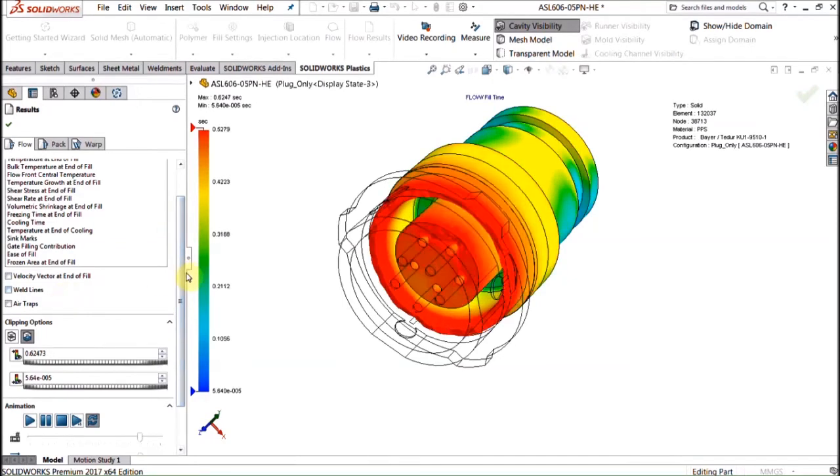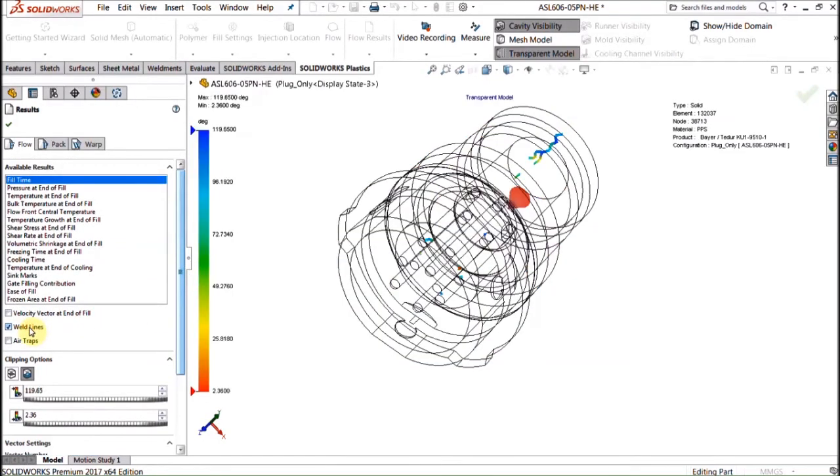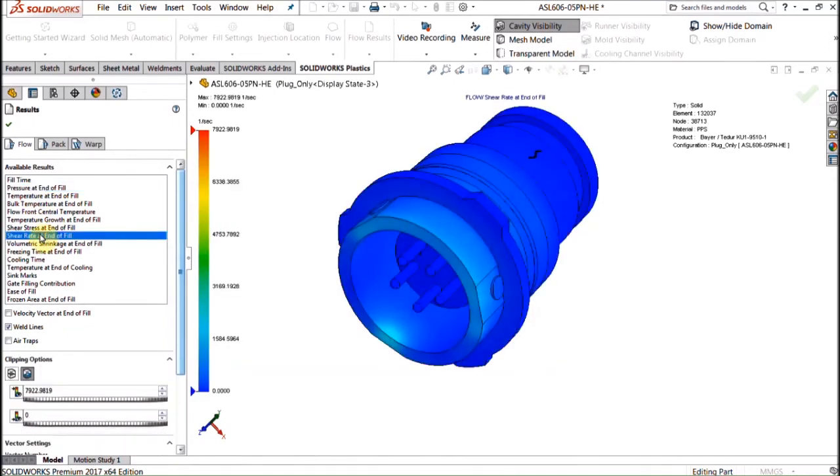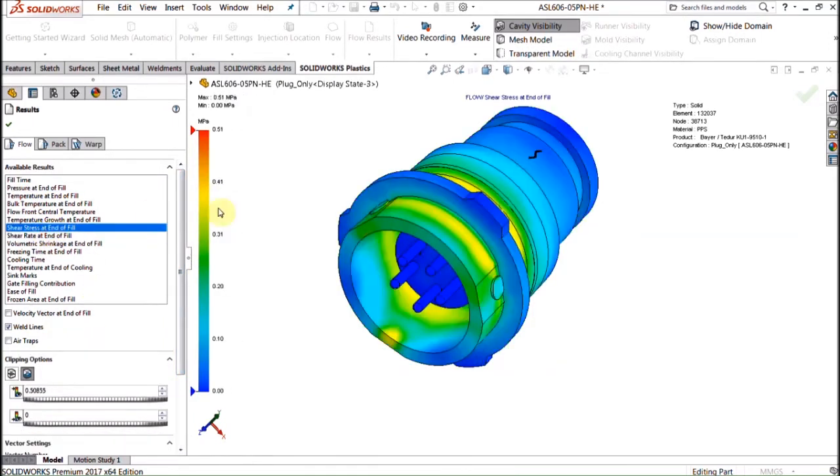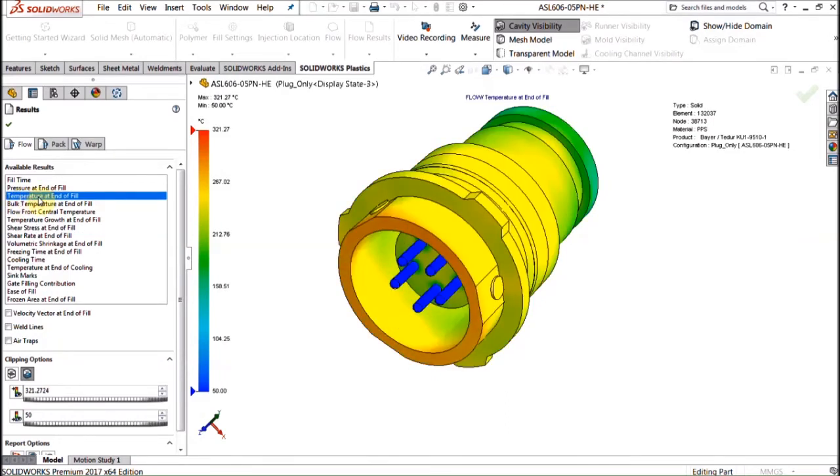And we can look at everything from weld lines to the pressure or even shear stress in the material and many other properties to evaluate the quality of the part after it comes out and whether or not it's going to have any defects. In terms of insert overmolding, normally the most interesting property to look at would be the temperatures. And so we can look at the temperature at the end of that fill stage, which again is about half a